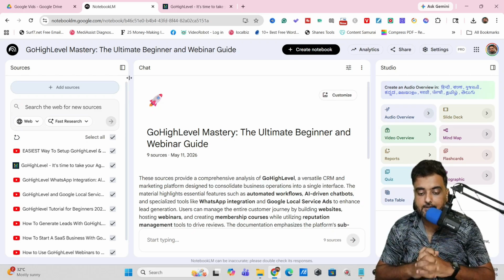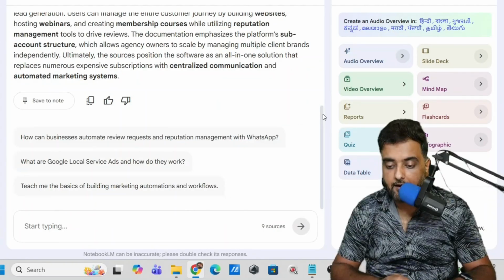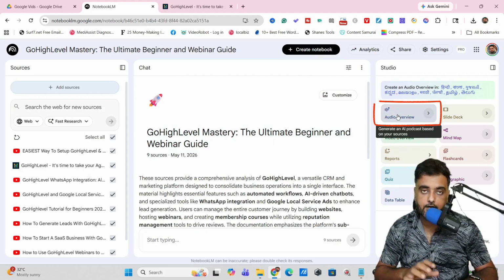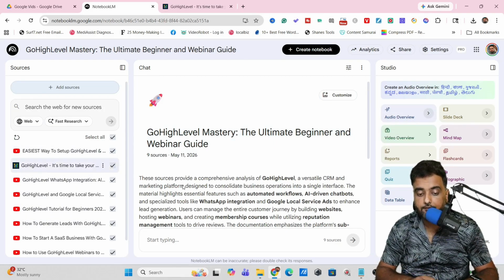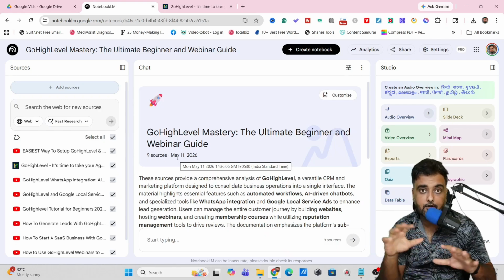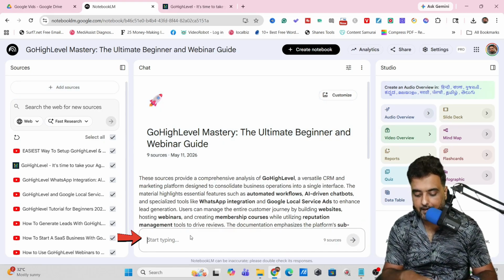Now in here, you can see we have everything that has come up over here. And on the right hand side, we can do everything about it. But the best part is that if I click audio overview, it will go through all of these and create an audio overview on the entire thing. But say I want an audio overview about the pricing of Go high level, right? So I can come over to this typing box and I can say,